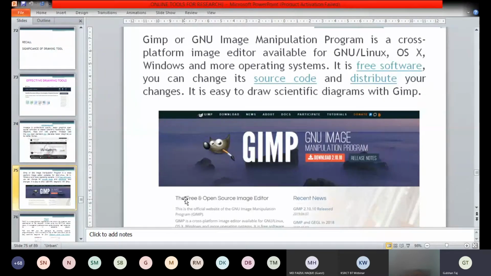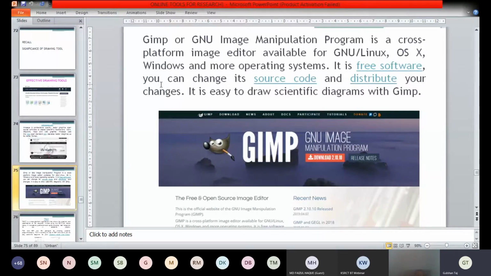Another one is GIMP. GIMP is the GNU Image Manipulation Program, available for Linux, Windows and other operating systems. It is free software and you can change the source code, because the software has a certain amount of code, and only then can it draw the picture or graph.